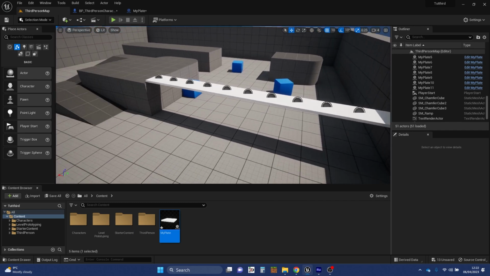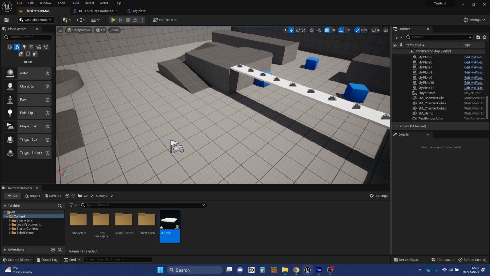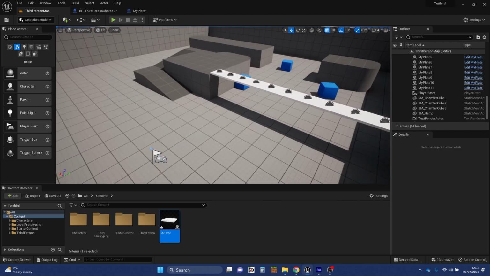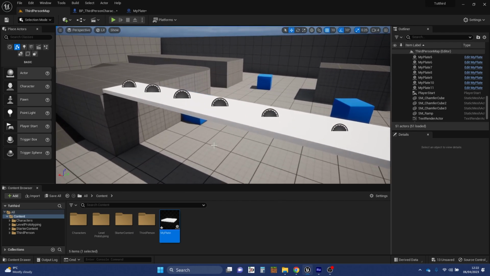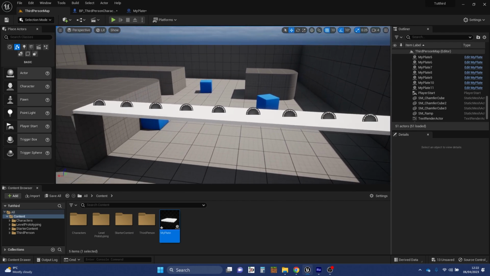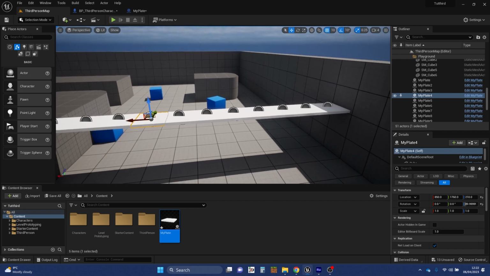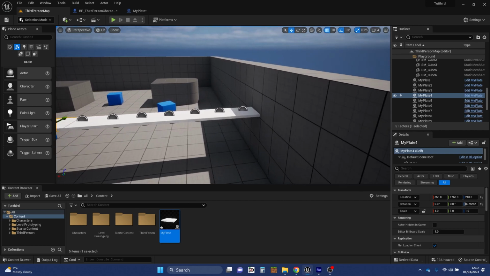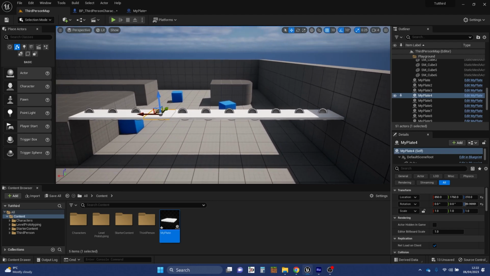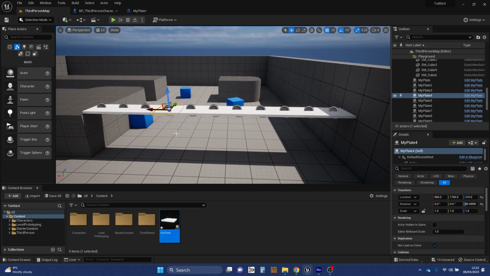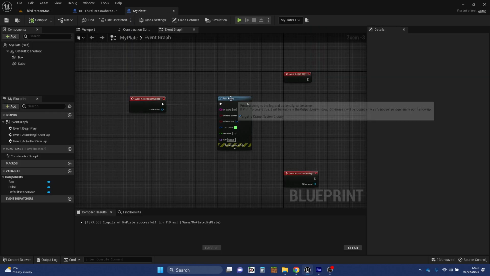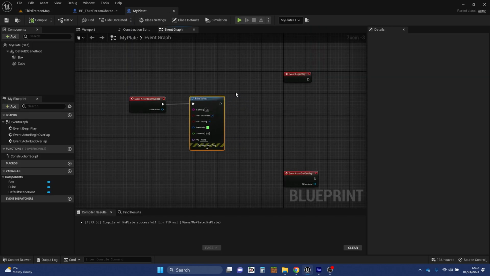So the setup I've got here is a third-person template map, and a blueprint that I created in the last video, which is just a simple walkable plate that you can stand on. All I've done is replicate these to make a bridge across here. There were some little bits of scripting that we did in the last video. I've stripped some of that out, so I'm just going to show you where we're at with the script. In fact, all I've got is an actor begin overlap